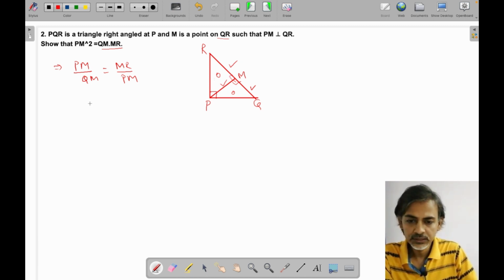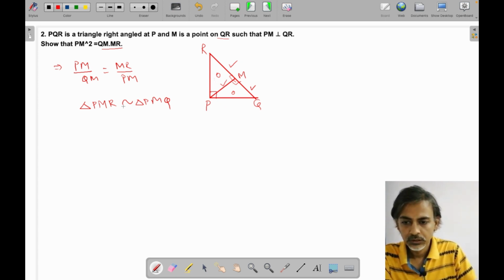So using this similarity condition, we know that triangle PMR is similar to triangle PMQ. When we have this similarity condition, what we can see over here is that we can have the sides like